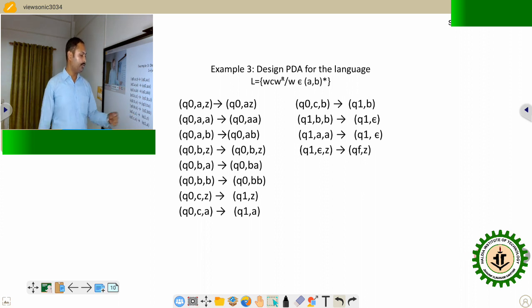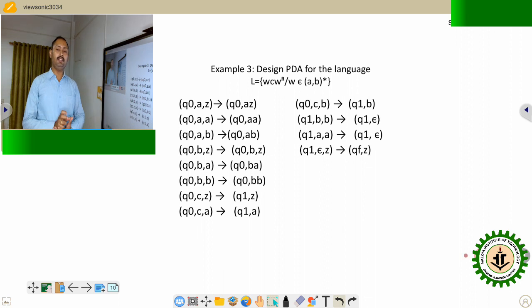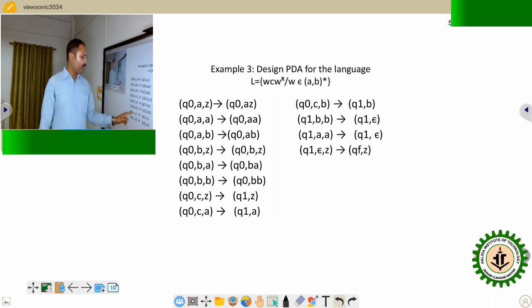What is the meaning of C? C is the end point of my input string. Now we have to reverse our string. So C is the notation, one type of notation by which we can identify the end point of my input string. So here our input symbol is C and